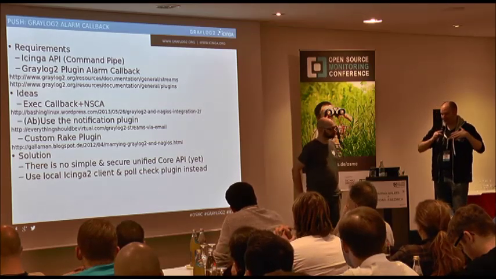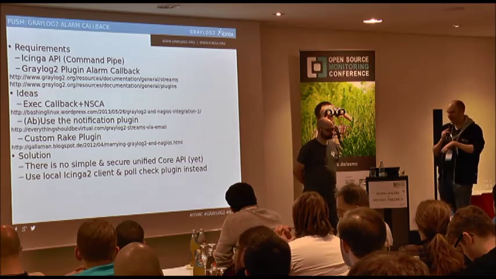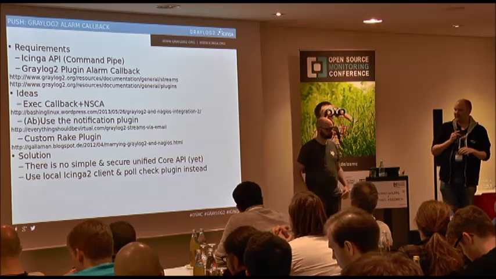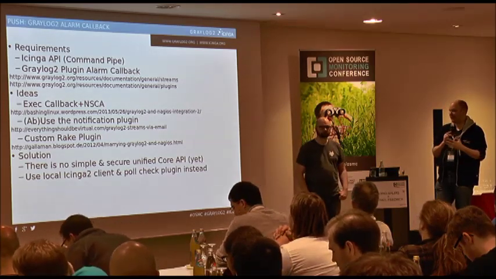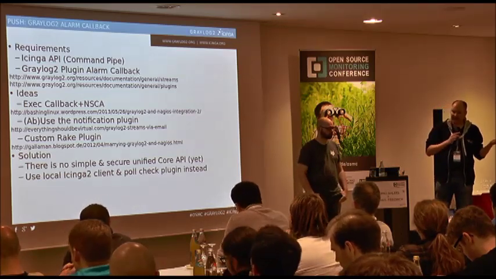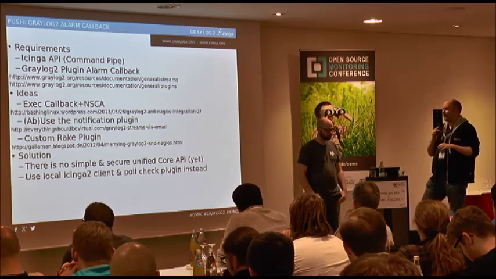The thing is, I'm just more of a user. I don't really care what's inside Graylog2. I just want to install the plugin and make it work. And it was like, what's out there and what does the community actually use? Because it's a similar example to how to combine Cacti and Nagios. That's also sometimes a bit creepy.